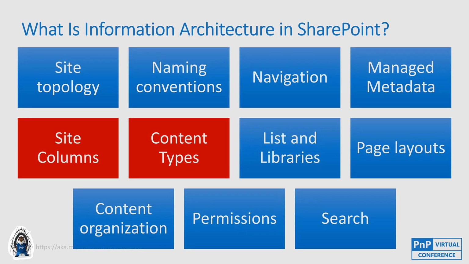So when we talk about architecture in SharePoint in particular, there are a lot of different things that we can cover. I find that if I try and cover all of it in any one session, it's just way too much to go over. What I really want to talk about in this session is how do we instantiate site columns and content types, though I'll touch on things like navigation and site topology a little bit here. The key to me about